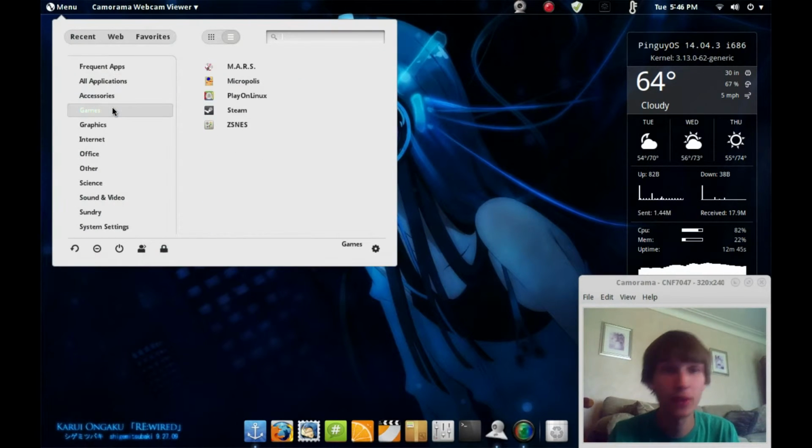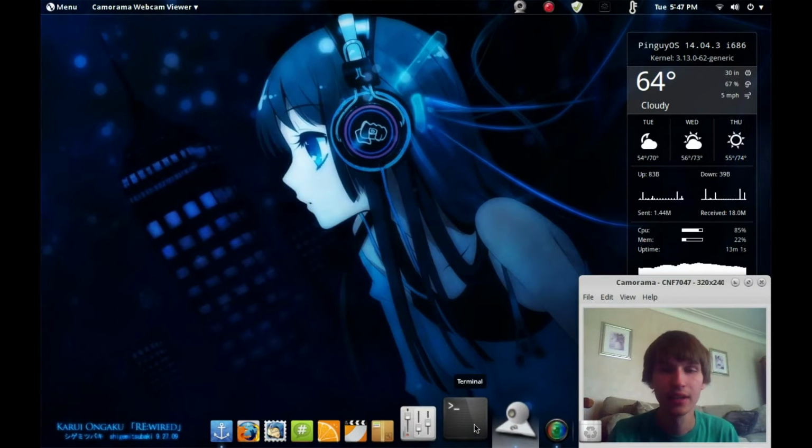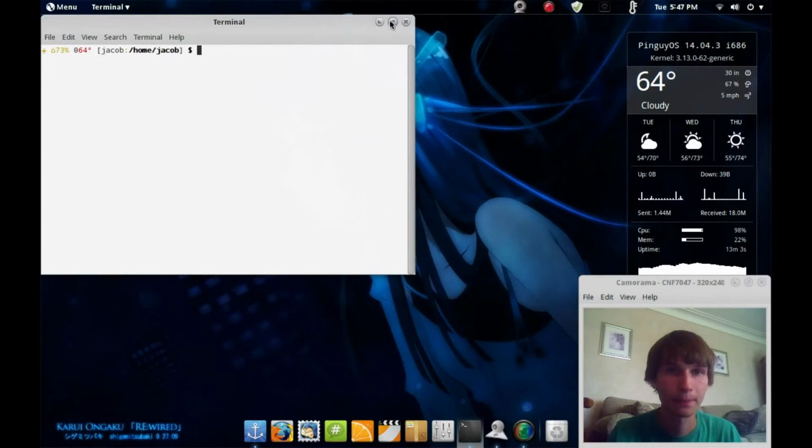I do have a couple games installed. I have ZSNES for my Super Nintendo emulator. I have Macropolis, which is sort of like a SimCity 1 clone. Mars, which is a side-scrolling shooter. I do have one other game that you can't really see. I'll pull it up really quick. It's